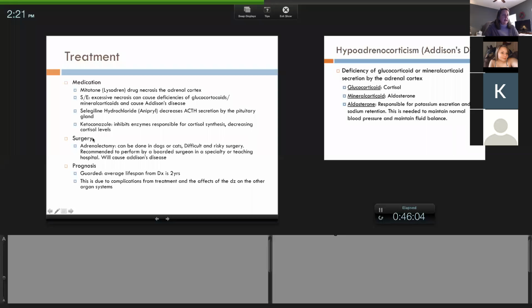I will say, and I will only mention this, if for some reason there is an abnormal growth in the adrenal gland, so if there is an adrenal tumor, there's actually a type of tumor called a pheochromocytoma. People call them pheos. It's a tumor in the adrenal gland, but it's an extremely, extremely risky surgery. I've been in on 2 pheochromocytomas, and the problem is when you mess with the adrenal gland in surgery,